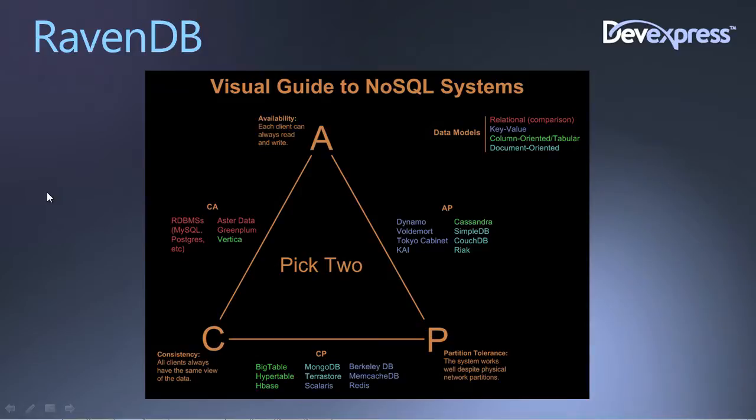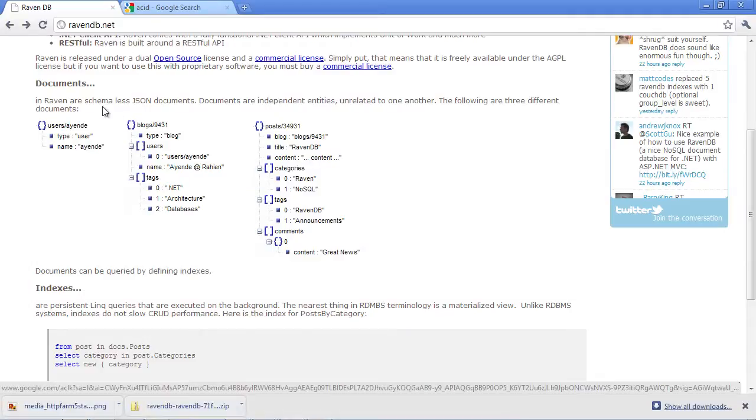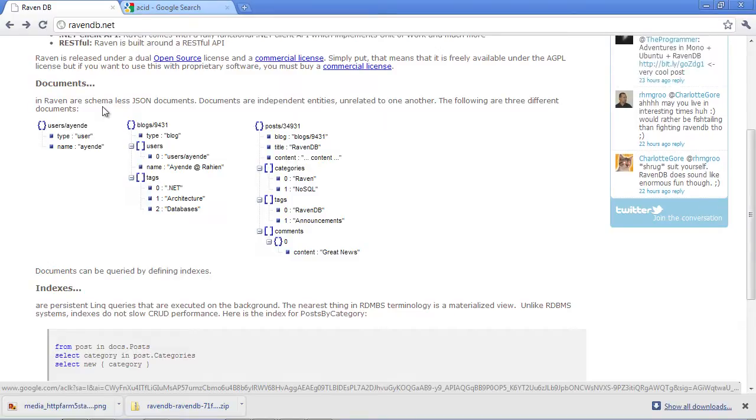Because of that, what we gain is a very powerful tool. We can store any sort of information in there. But by the same token, how do we get that out? If I can store one object that has first name and last name and one object that has full name, how do we get the data out again? And the answer to that is that RavenDB has the notion of indexes. Indexes allow you to say, okay, I want to be able to search on documents that have first name available to them, or things like that. And